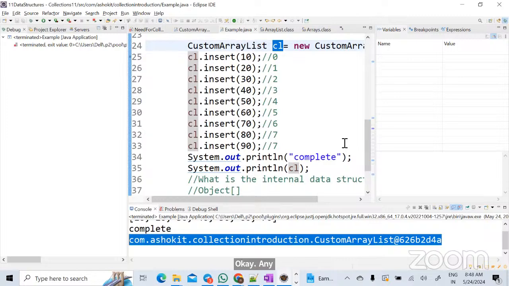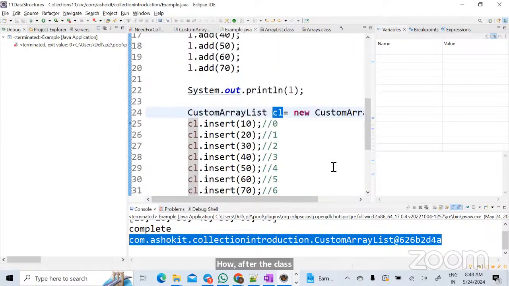Any other answers? I think someone said it's printing a hash code after the class path. Yeah. So whenever you are using a System.out.println,